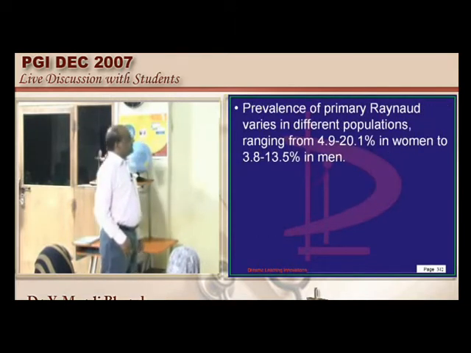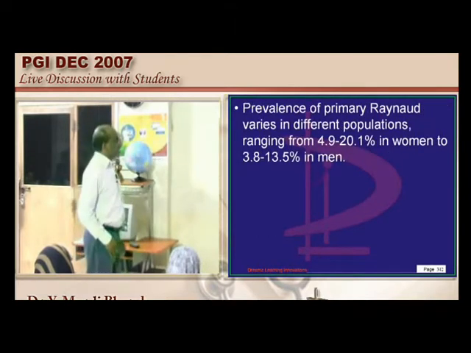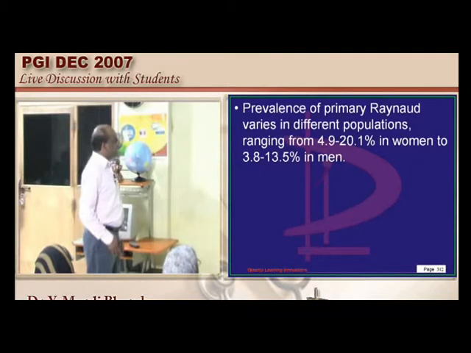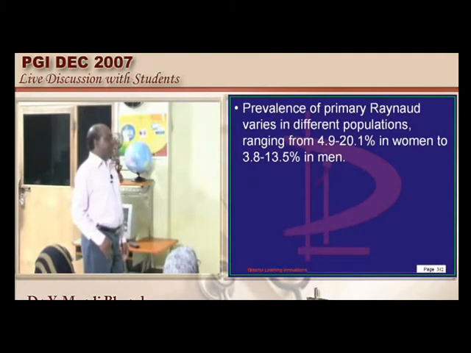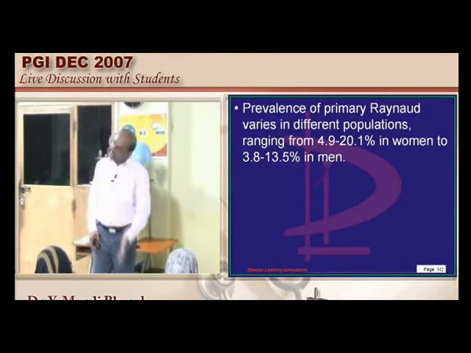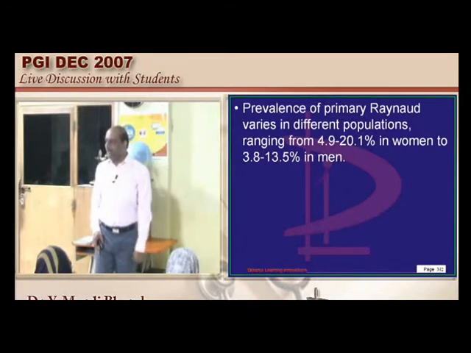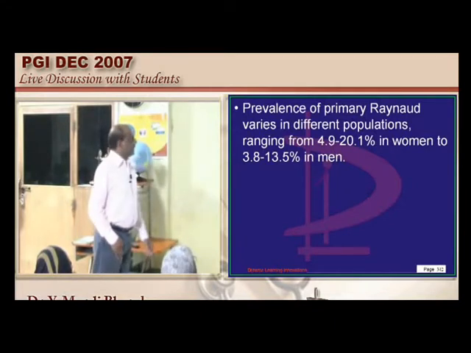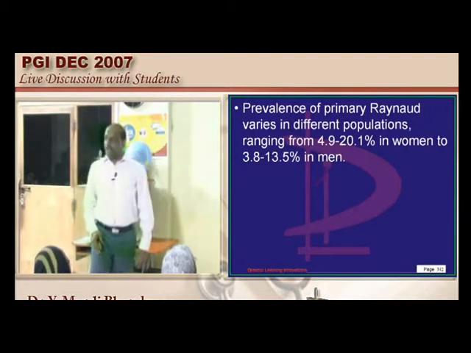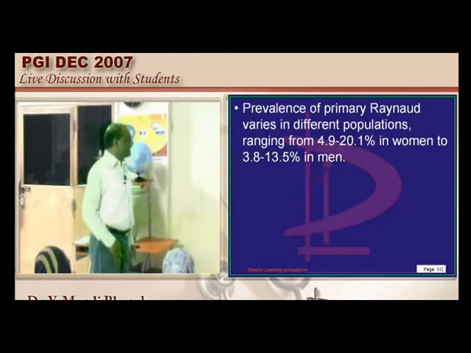Now the question comes: is it a male or female predominant condition? Typically it is more often seen in women than in men. So B is wrong about it. It is not male, it is female predominance. And does it involve the lower limb, or always only the fingers? Both fingers; even toes can show Raynaud's phenomenon, so it is not an exception. So there is a reason A is a possibility, unless it asked most commonly involves the lower limb, which is wrong. More commonly it is the fingers, but it definitely also involves the lower limbs.